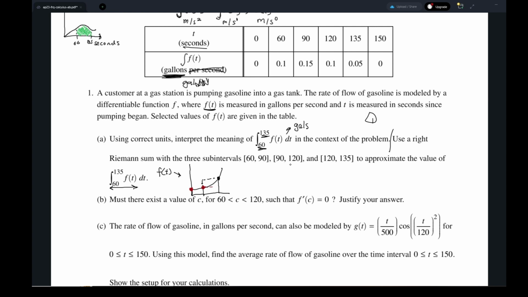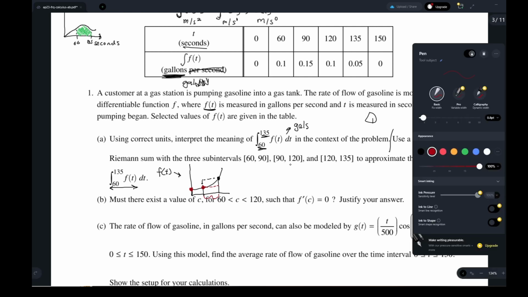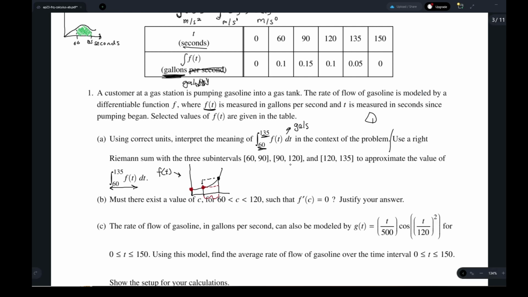And notice how this is going to give you a different area. If I use this point as my height for this distance, I get a much smaller rectangle. But if I use a right Riemann sum and I use the point to the right, I get a much bigger rectangle that's being formed, right? So my point is they're using a right Riemann sum, which means that I'm going to multiply delta x, which is how much x changes, or the distance between the intervals, and I'm going to multiply that by f of the right value,